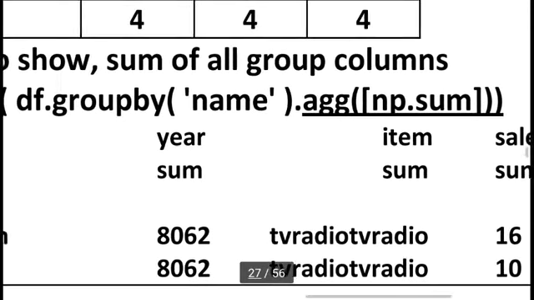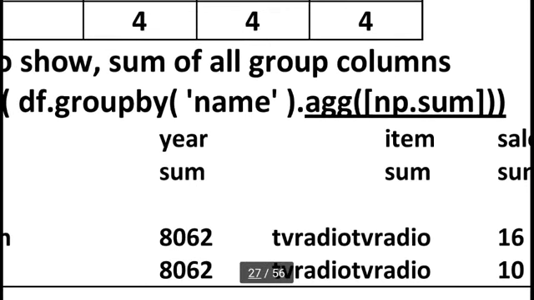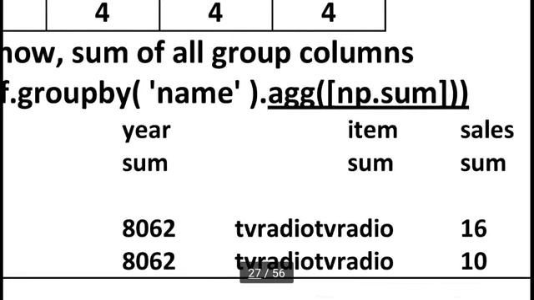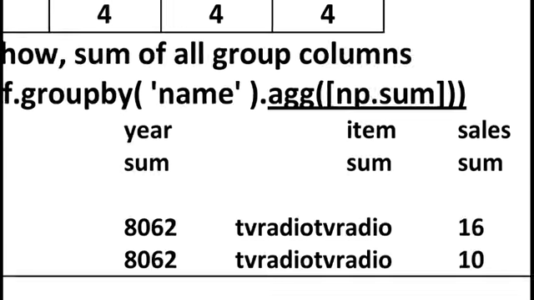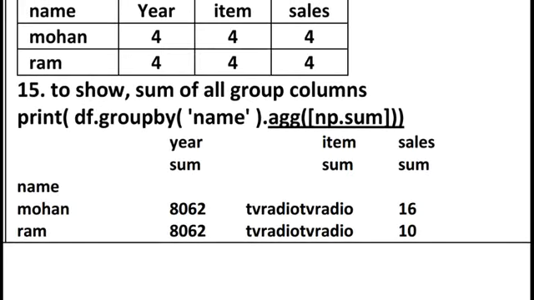So here I am directly doing name wise grouping, and if you directly write the aggregation np.sum, it sums the other columns by name. If the column is numerical, you can see the sum. If the column is a string, you can see concatenation. Python will create a concatenation output. Okay students, thank you so much.